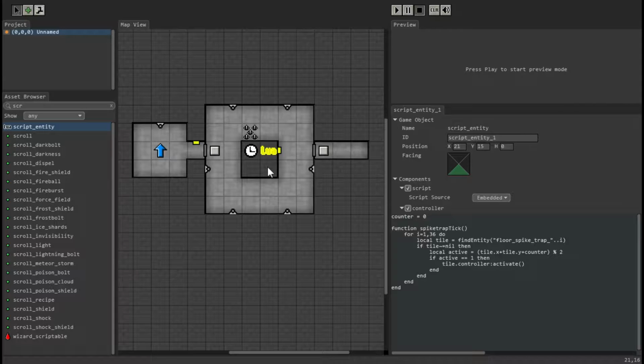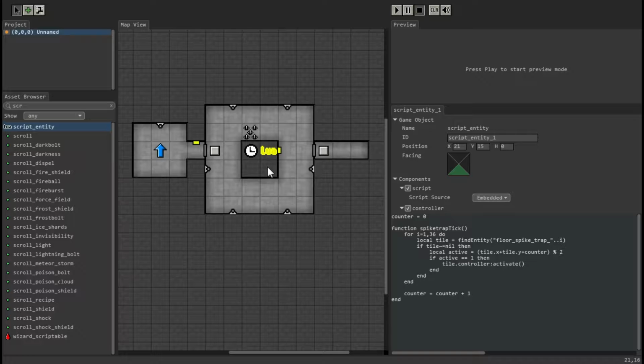Since it's a spike trap, that's how you activate a spike trap. And once you've looped through all of them, what we are going to do is increase the counter with 1, so that every tick we will increase the counter, and therefore we will alternate which